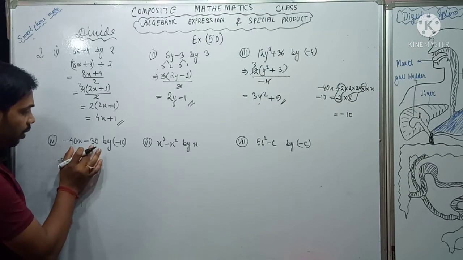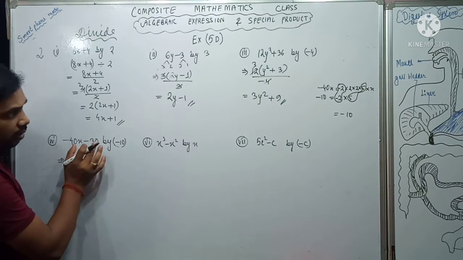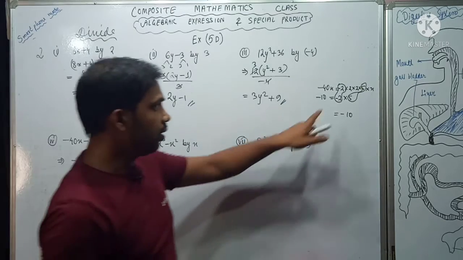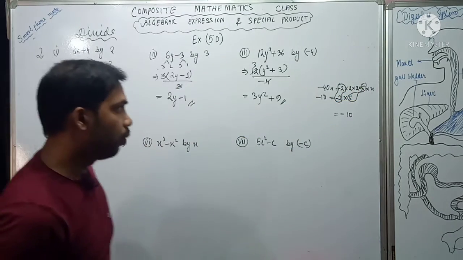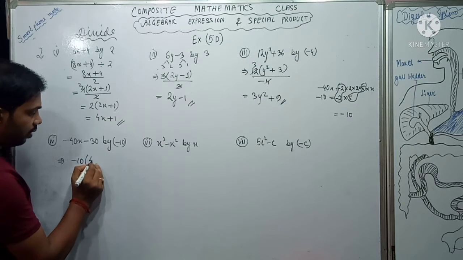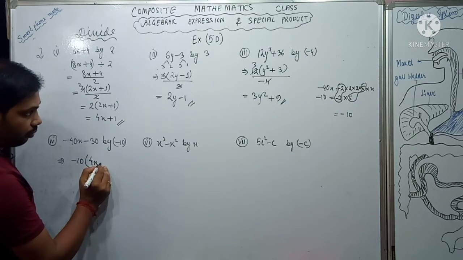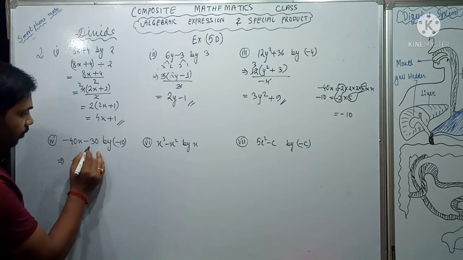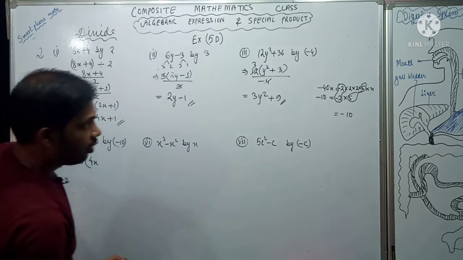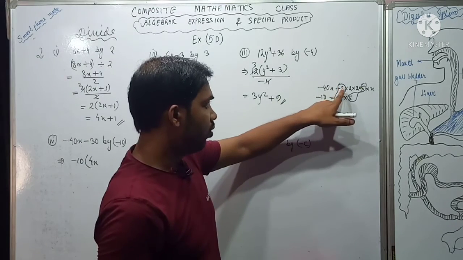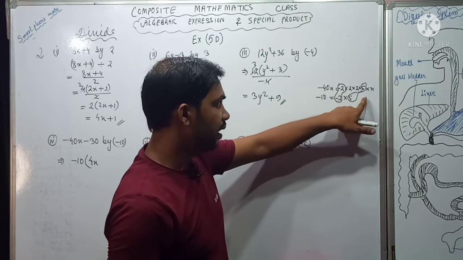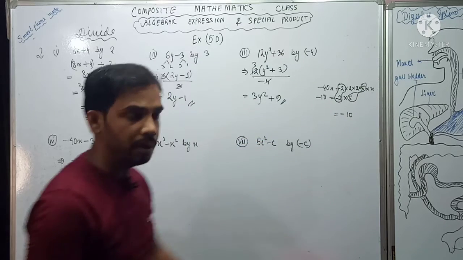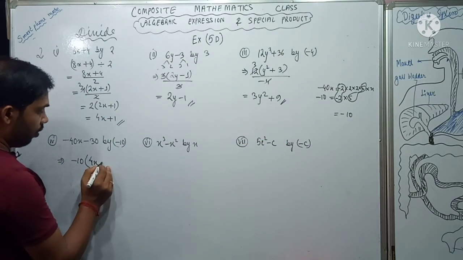Okay. Now what will be remaining in these two parts? You see, in 40x what is remaining? So it is remaining 2 into 2 into x, means 4 into x. So 4x, it is 4x. Now will it be a plus sign or a minus sign? So you see, here we have already taken out the minus sign. So is a minus sign left or what? No minus sign. So it will be plus. Now how much will you write?